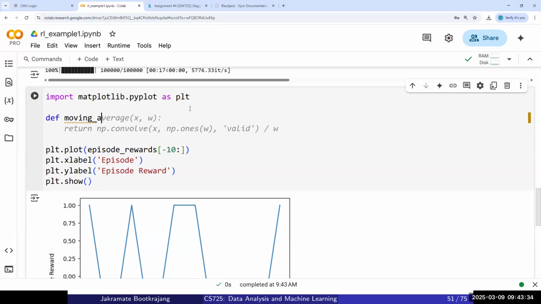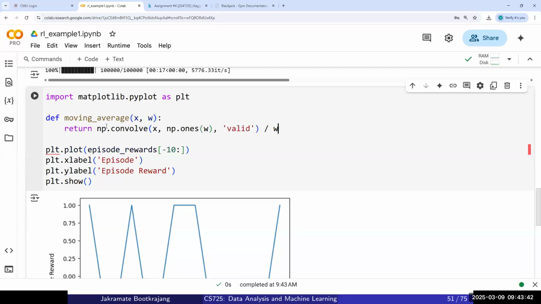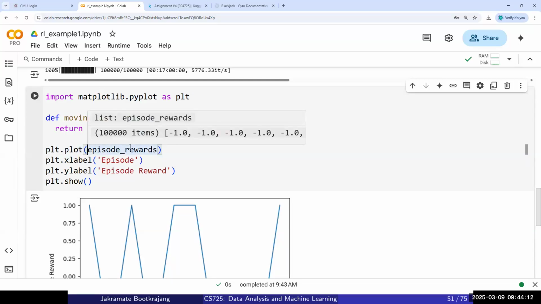Moving average, and this function moving average basically uses the NumPy convolution, and it will multiply x based on the value, and W here is the window size. So if you pick window size to be 500, it will take the average of the last 500 episodes for that current episode. So instead of plotting the episode reward, we are going to plot the moving average,